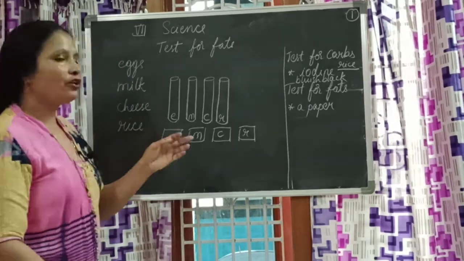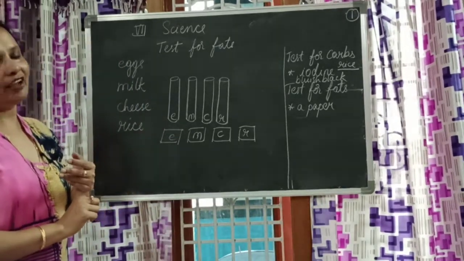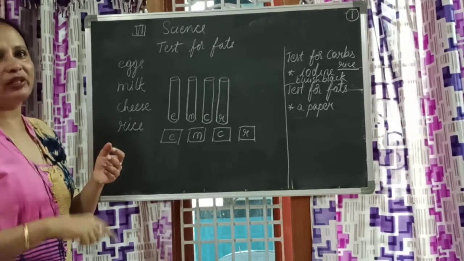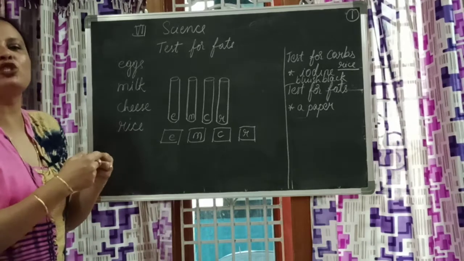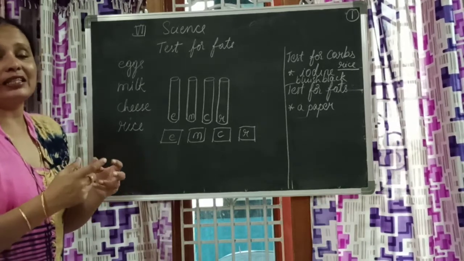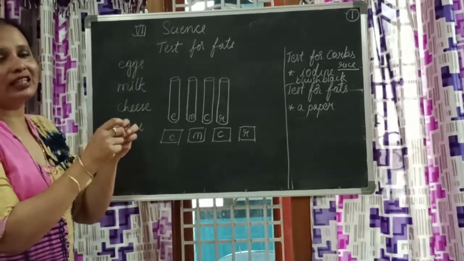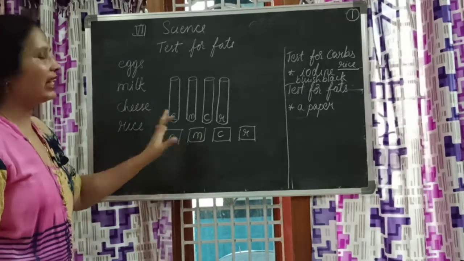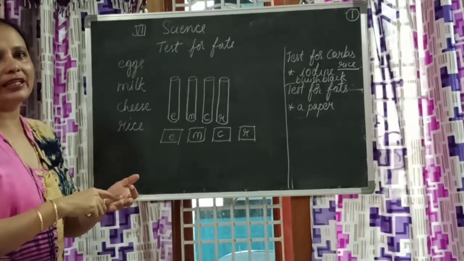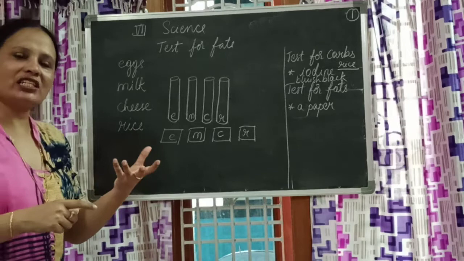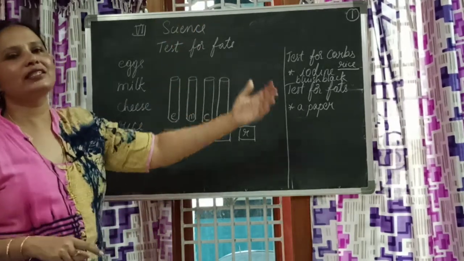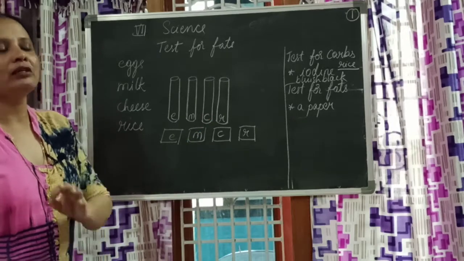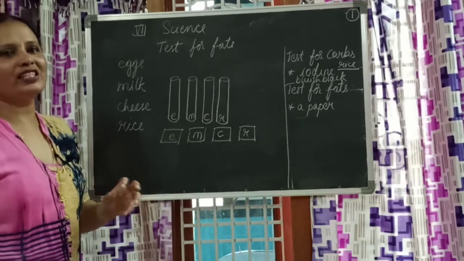Now imagine you apply egg. Definitely there will be a change. Your finger will be smelling bad, the paper will be smelling bad, and the paper becomes sodden. You can't even lift it because by the time it's getting torn. Exactly like that, put a drop of milk on that, then the water is absorbed, and you can't see anything because it is already mushy. The paper became wet and mushy.